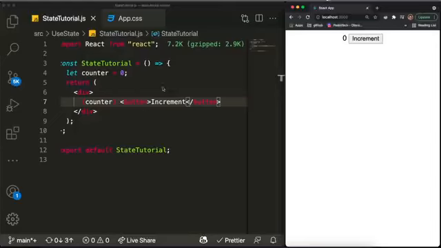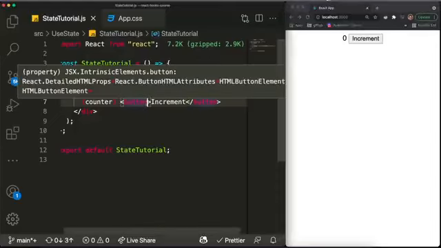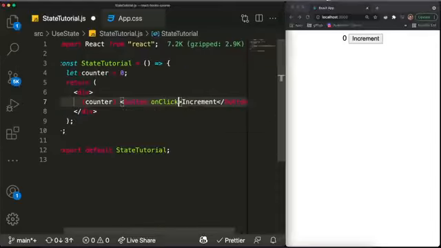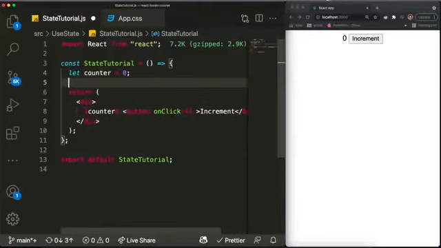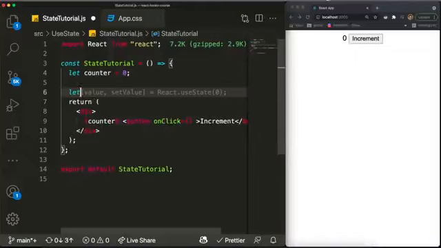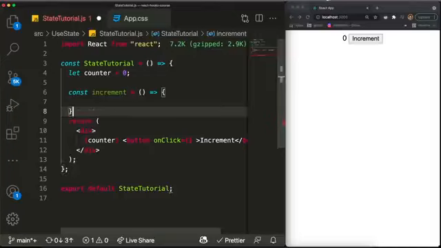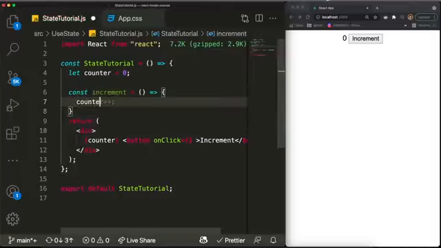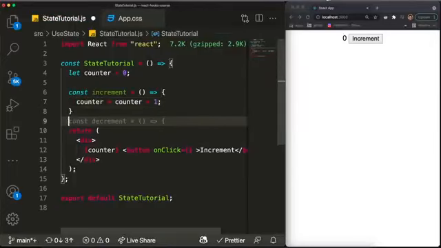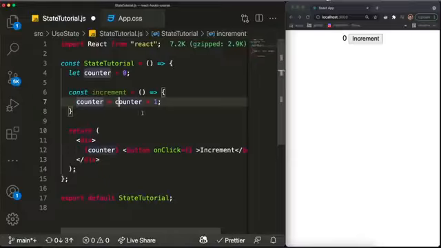So you would imagine that the way to do this is you can just pass over here a very simple onClick, which would call a function. And if we create that function over here, let's call it increment like this, all we want to do inside of this increment function is set counter equal to counter plus 1 like this. And it kind of makes sense, right? Every time we click on this button, we are increasing the value of counter plus 1, which is exactly